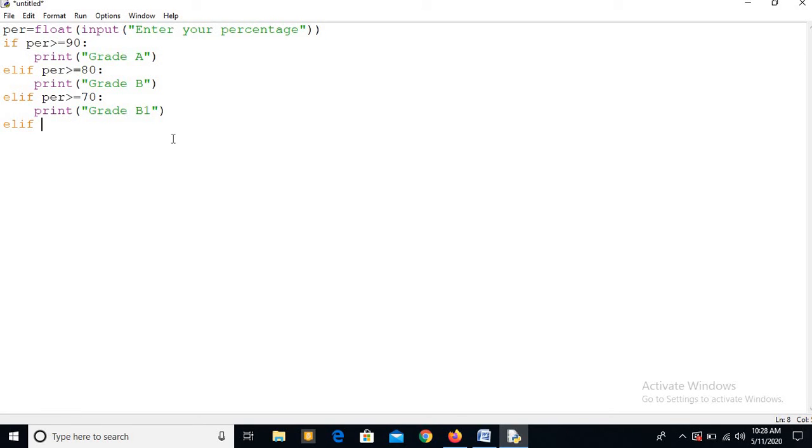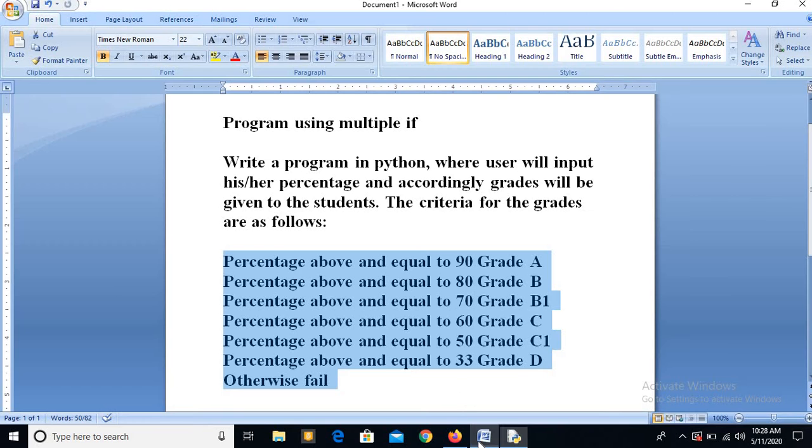Okay, now the next condition. Whatever the multiple conditions, we will always write them with elif, but the first condition will be with if only. Okay, percentage, what is the next condition? Let me see, above and equal to 60.